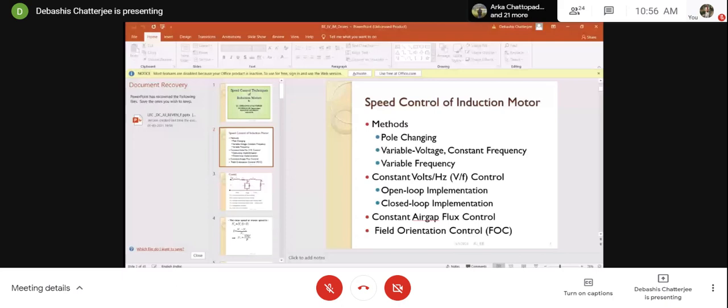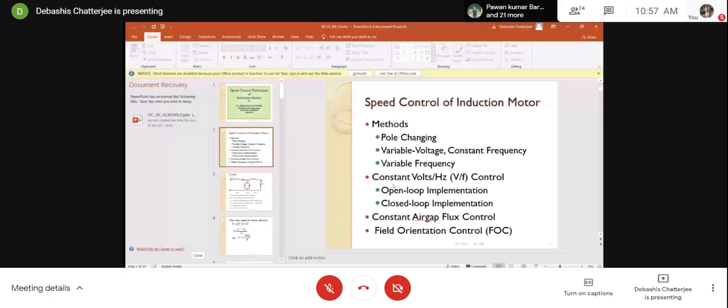Normally, with variable frequency, you know that the synchronous speed is 120 F by P. So naturally, it is also proportional to the frequency of the supply voltage. And again, all these three techniques have got some advantages and disadvantages. To remove those disadvantages, other modernized techniques have been employed, like constant volt by Hertz control, I'll say,